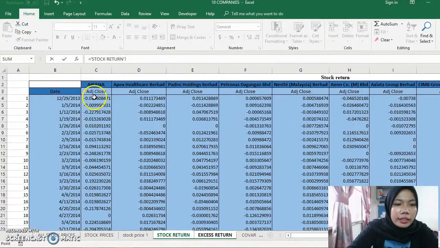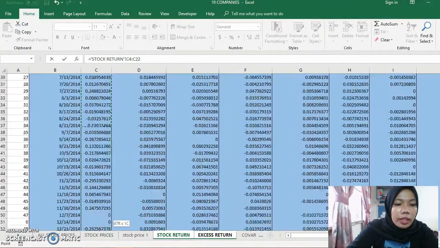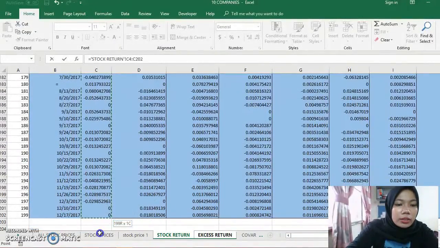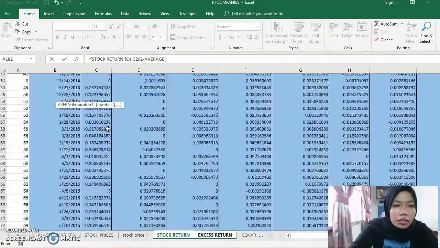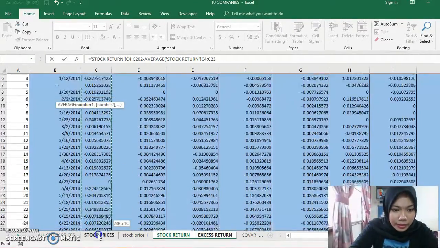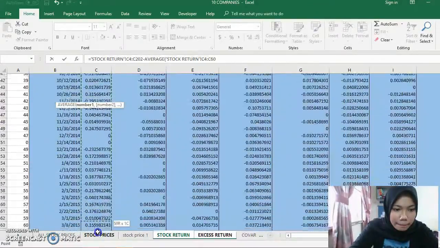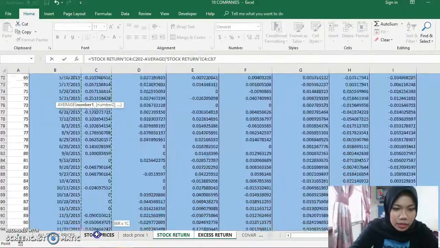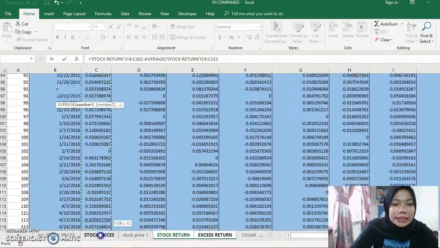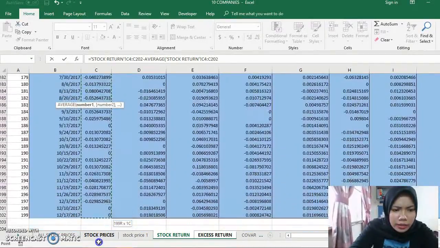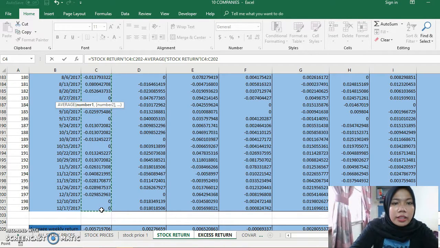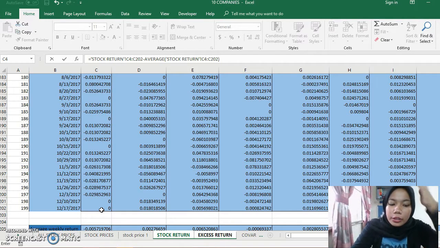all the stock price. So you need to highlight all the stock price, minus the average of all the stock price, like this. Where is 2017? Alright, we stop here. Close the bracket. And this one, don't forget to